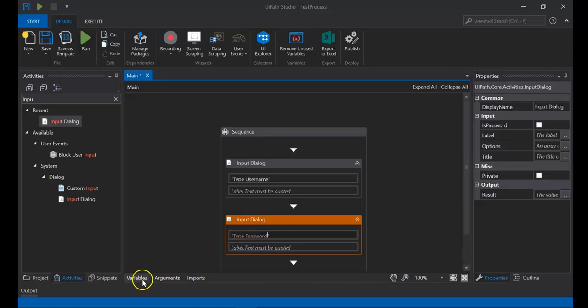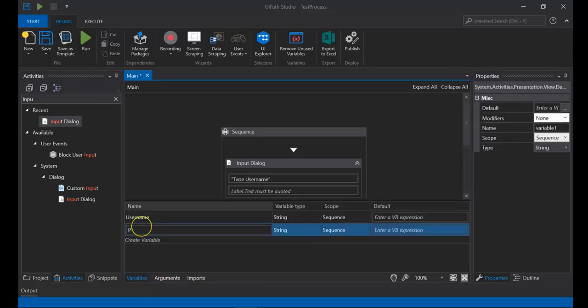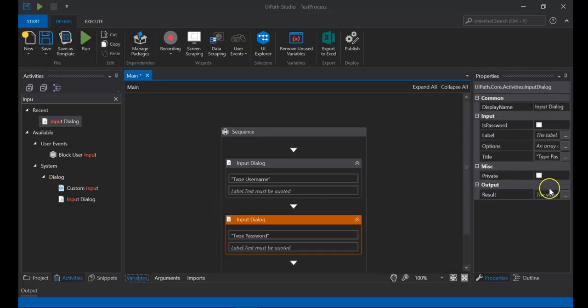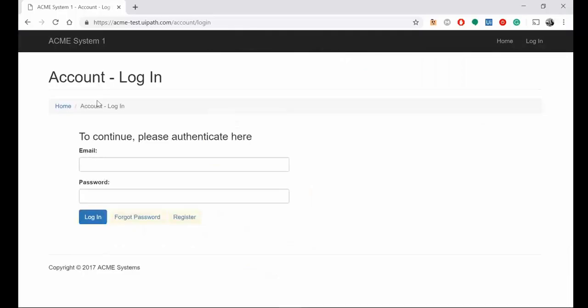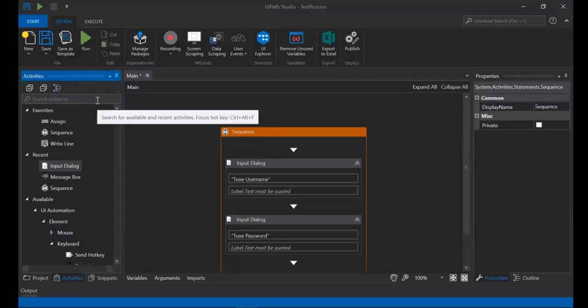And of course, we will create a password username. That will be the output of this second activity. So, how can we paste this username and password on this website? After entering the password, the program, in this case this automation process, will type